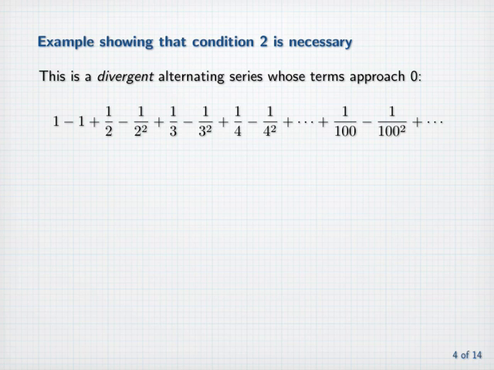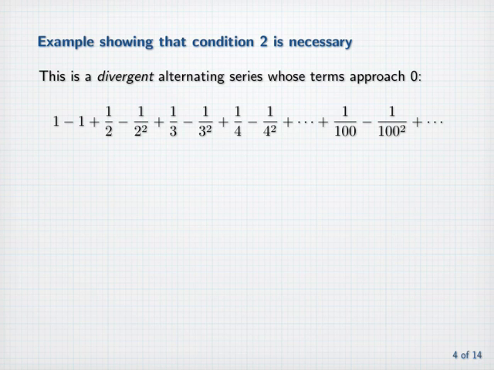All of the negative terms comprise the sum of −1/k², which we know is a convergent p-series. But the positive terms, 1 + 1/2 + 1/3 and so on, are the terms of the divergent harmonic series. Since the sum of the negative terms is finite, while the sum of the positive terms is infinite, the